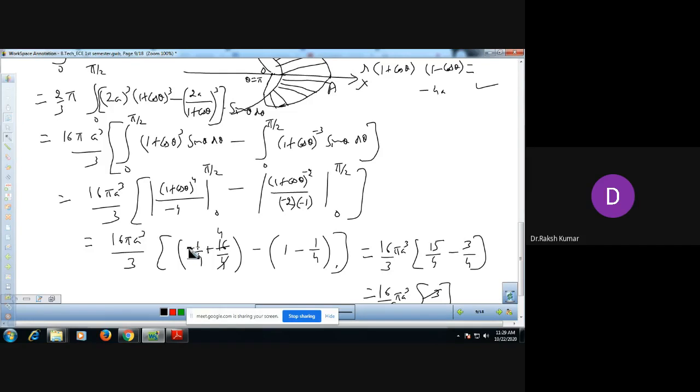Okay, this is a minus 1 by 4. Then there should be a plus sign. And what it should be? It should be cos of 0. 2 raised to power 4 is 16, and that should be 16 over 4. Okay. And what does it come out to be? Minus, this is 2. And 2 is there. When you substitute 0 here, you will get 2 and this will get 8.